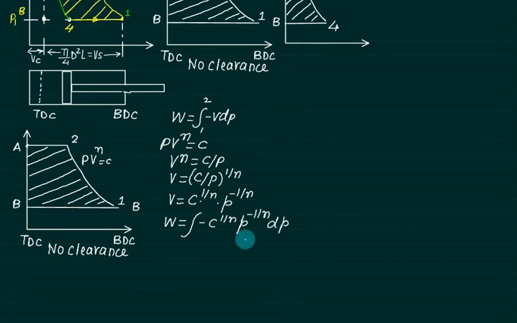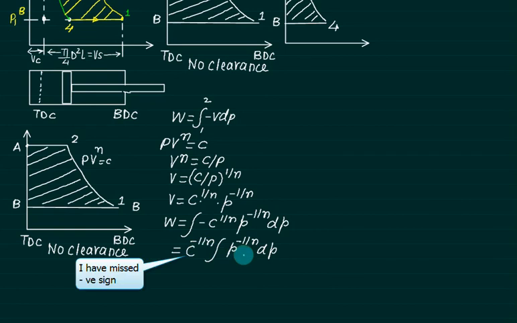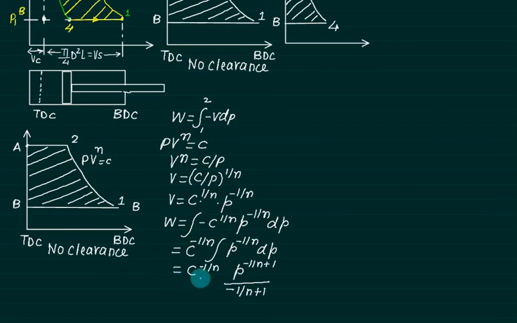Now C is constant, that is why we take C to the power minus 1 by n outside the integral of P to the power minus 1 by n dP. Integral of P to the power minus 1 by n is P to the power minus 1 by n plus 1, upon minus 1 by n plus 1. So we get C to the power 1 by n, P to the power minus 1 by n plus 1, upon minus 1